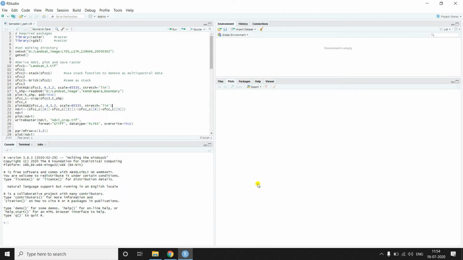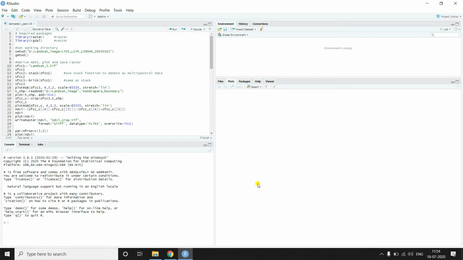Good morning, everyone. So today we are going to learn how to calculate NDVI using Landsat data. In the last two video tutorials, we have seen how to add a satellite image in R, how to read a satellite image, then how to create a layer stack image, and then various methods of image subsetting, mosaicing, and then how to read the pixel values from satellite data.